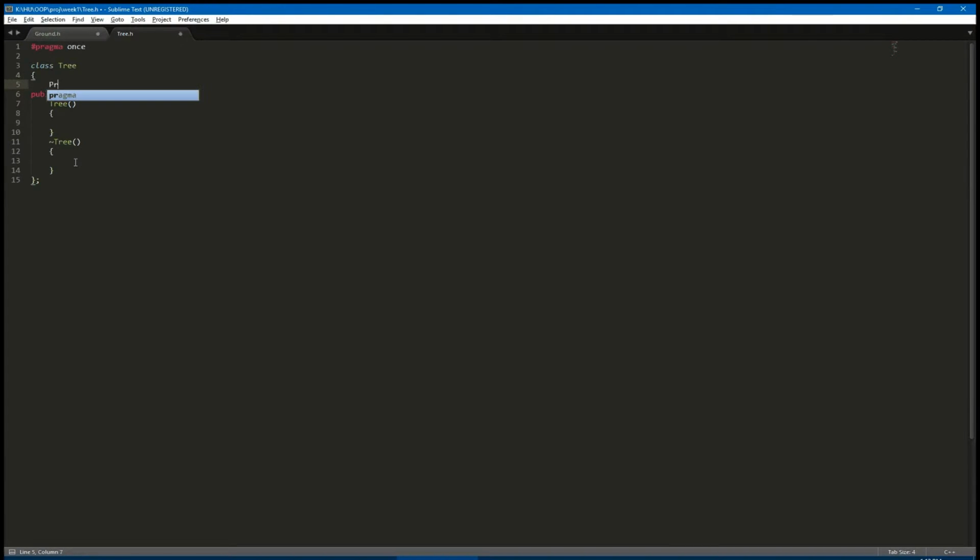So the tree would not be shown in the beginning, and once the player reaches the end of the game, this tree would become visible. That is being controlled by this is visible boolean variable. And as with the ground class, this tree also has a base default constructor as well as a custom constructor,